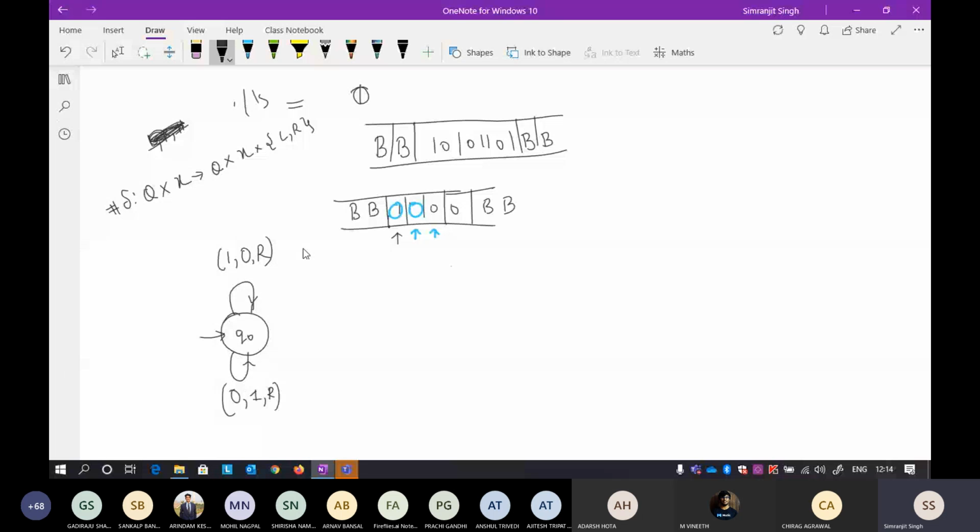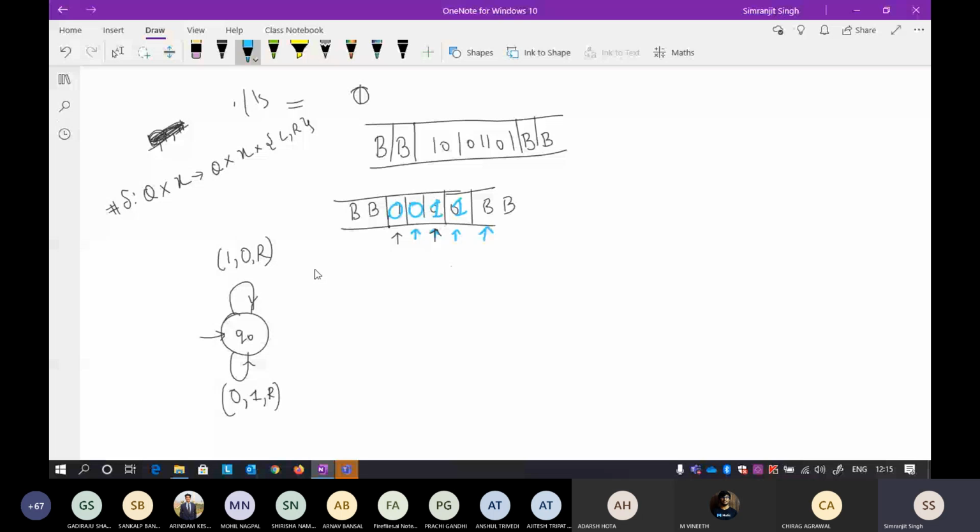Now, when you have converted a 1 to 0, your pointer will be staying here. Now you got a 0, you convert it into 1 and keep moving right, and you will find your blank. If you want, you can stop here, there is no need to go anywhere. But you can also